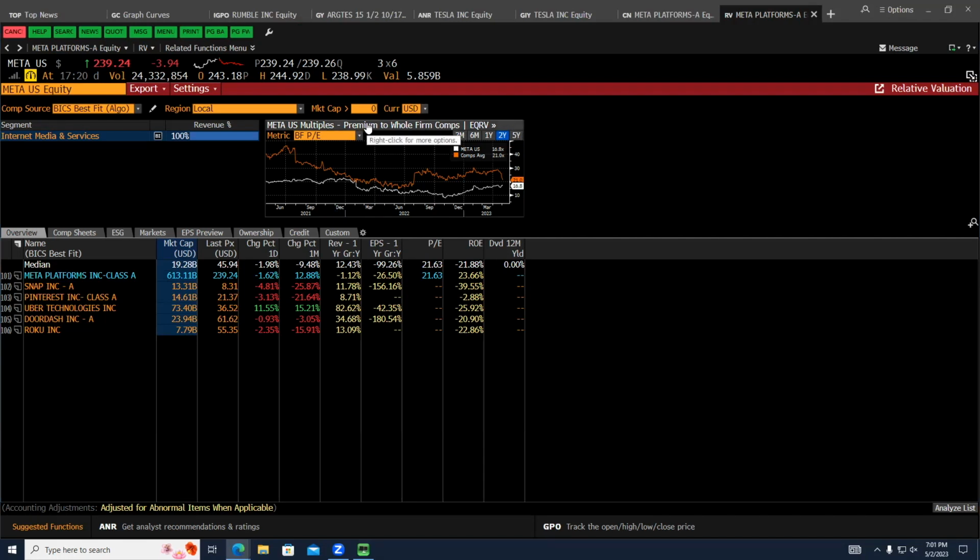So the EQRV allows us to evaluate whether a company is fair value relative to a group of its peers, given its historical performance on the selected multiple as compared to the group. You can also use EQRV to analyze a company's multiples versus its standalone history. Now,